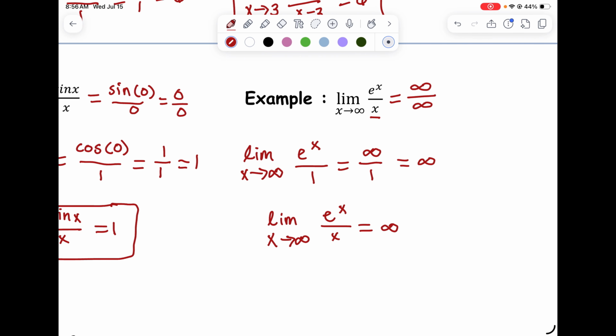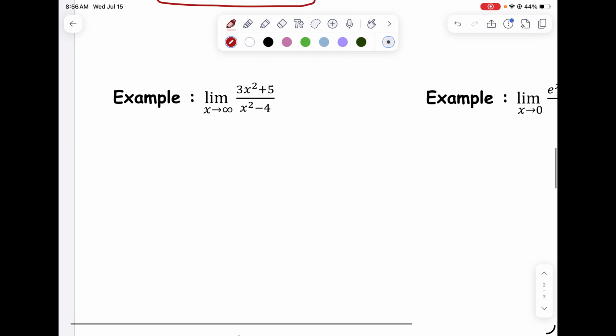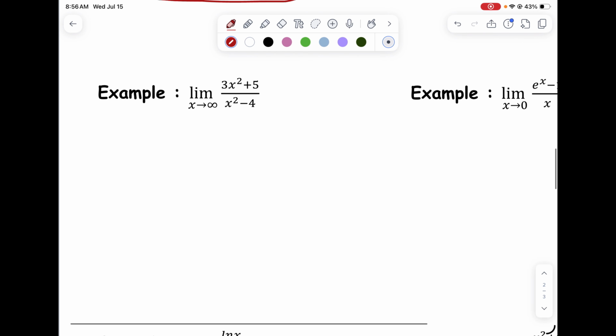All right, we're going to do something similar with the next example. So again, the limit as x approaches infinity of 3x squared plus 5 over x squared minus 4. Again, remember, we're not substituting infinity. Instead, we're looking at what happens as x becomes larger and larger. Now, if you use that same type of reasoning that we did in the problem before, if you just substitute in numbers, and if you make those numbers bigger and bigger every time, you'll notice that 3x squared plus 5